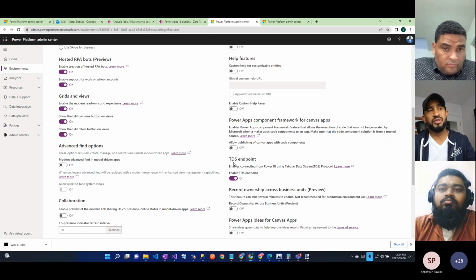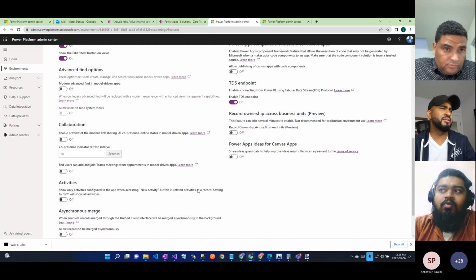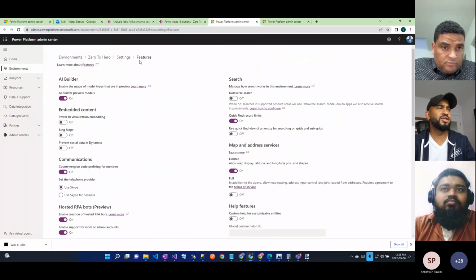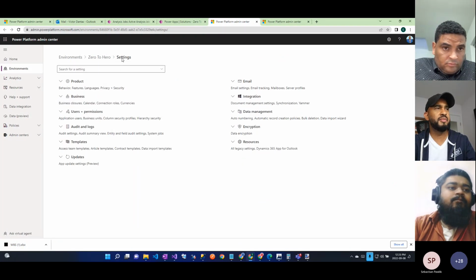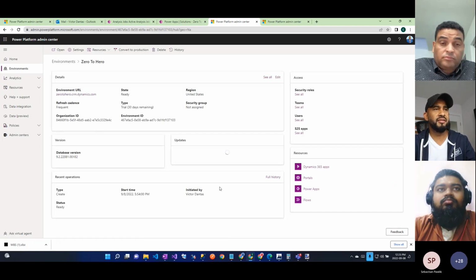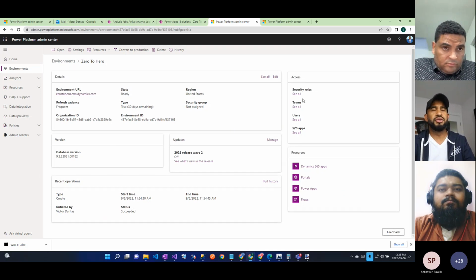If you want to use SQL Server connection within Power BI as well, you have to enable it. And I think I was here for Teams integration the other day. It is here somewhere, but that's where you enable features. You can always go back one level in the admin panel, or even two levels rather, to see more information on the environment itself. Users, if you want to add an app user to it, it is in this area that you manage that